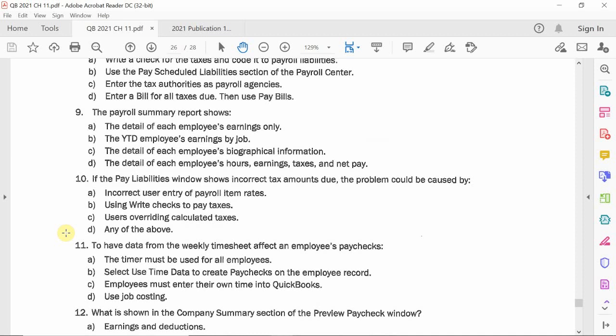Number 10. If the pay liabilities window shows incorrect tax and amounts due to a problem, which could be caused by D, any of the above. So A, incorrect user entry, yes. So once again, if you have errors in your payroll, you need to correctly adjust it for you to get the correct amount of